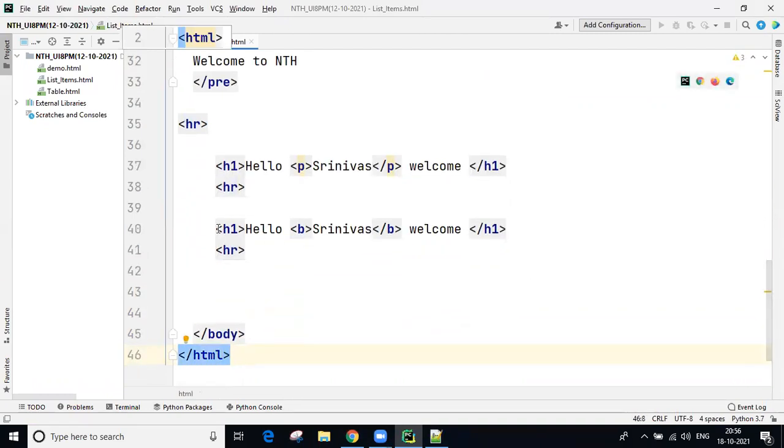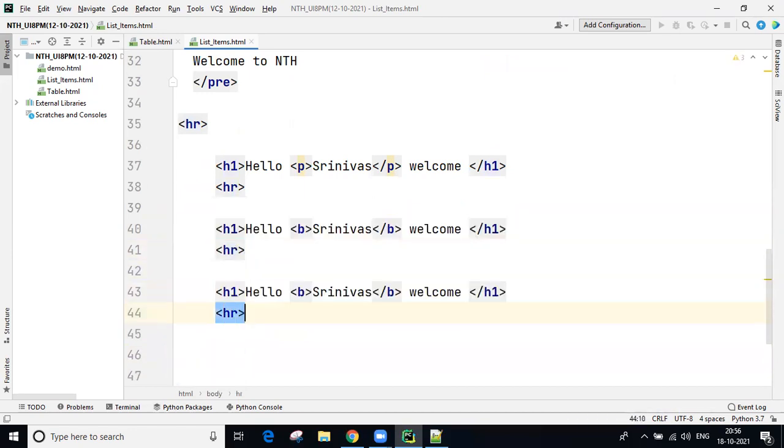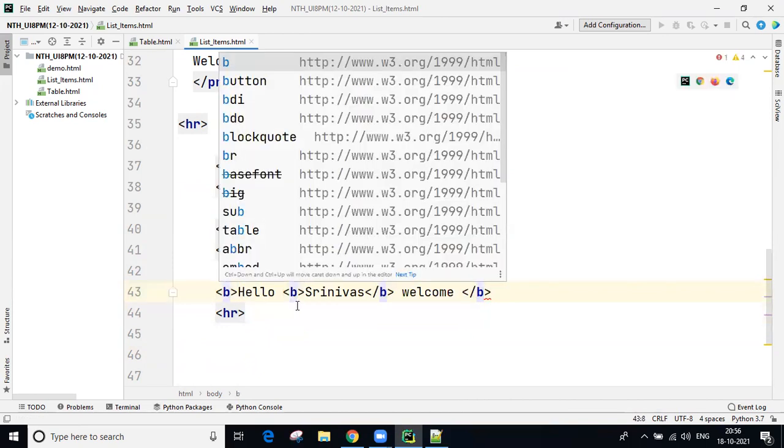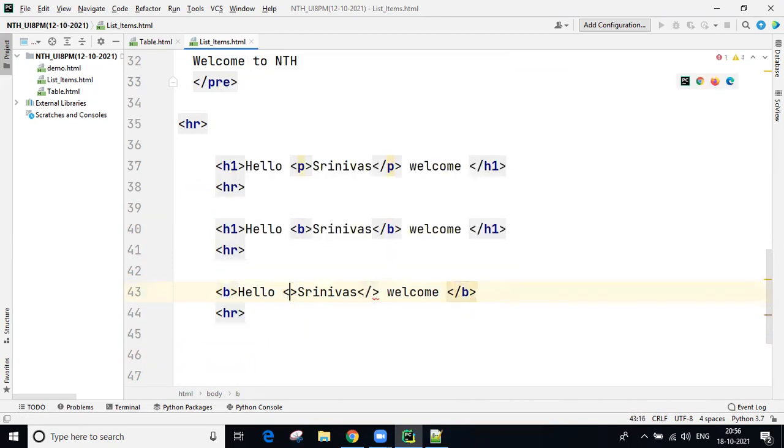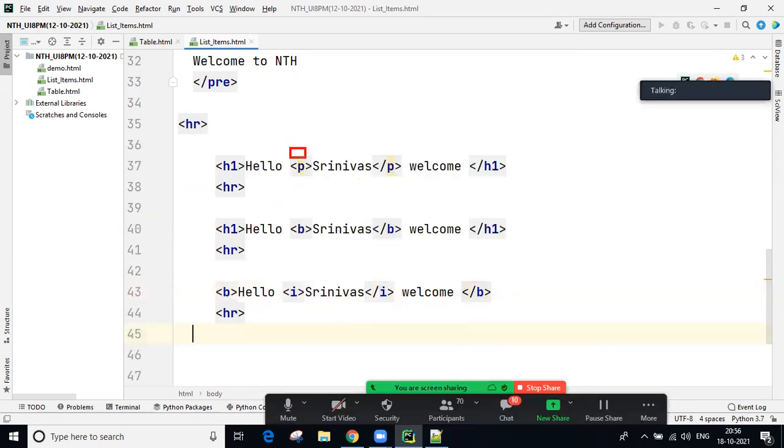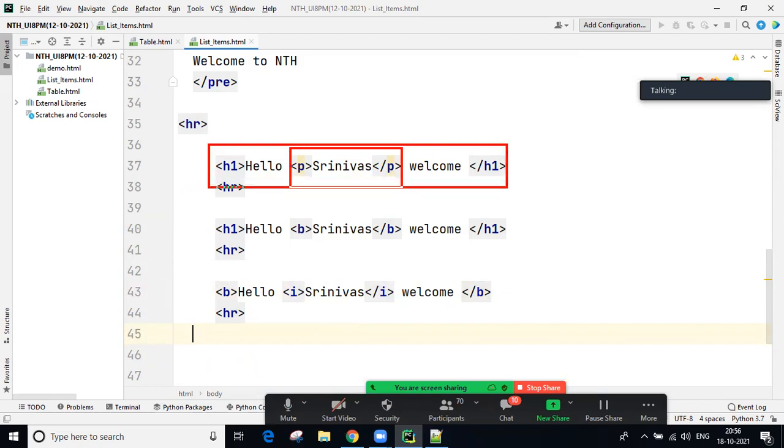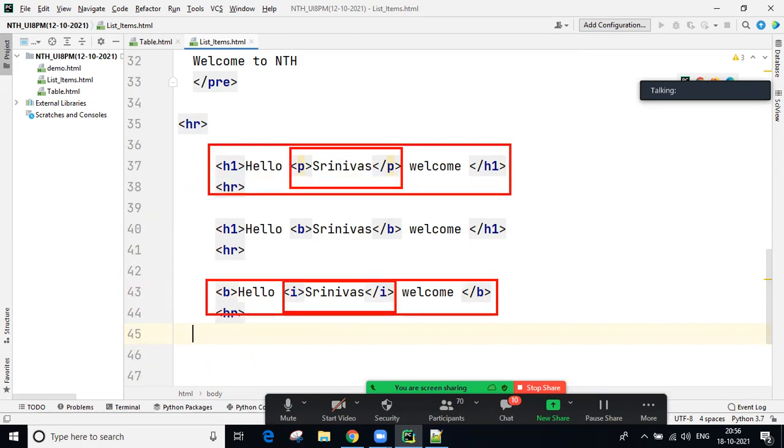Now next. Here I'm going to take the block level tag. And here I'm going to take the inline tag. Okay, guys, so here is block level inside another block level. Now here is an inline tag inside another inline.